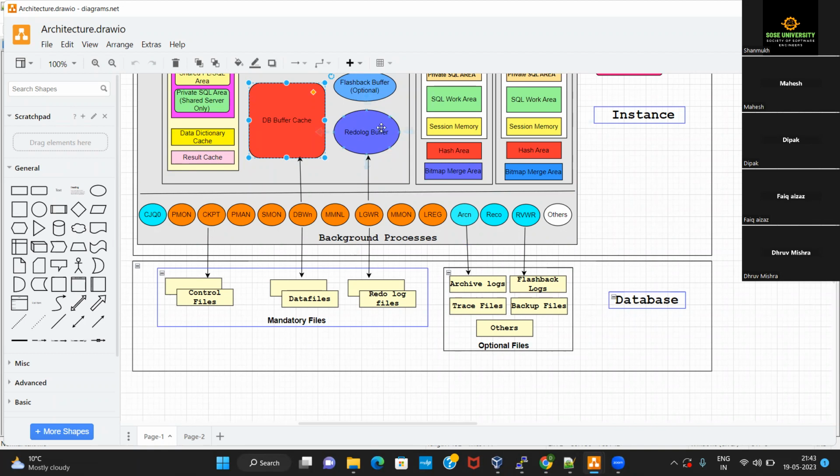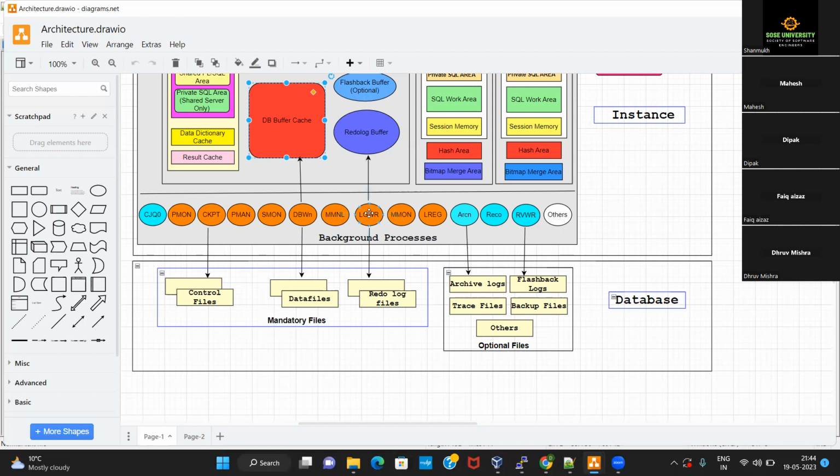So all those redo entries will need to be moved from the redo log buffer onto the permanent location, onto physical files on the storage. That's the job of the LGWR background process, which stands for log writer.